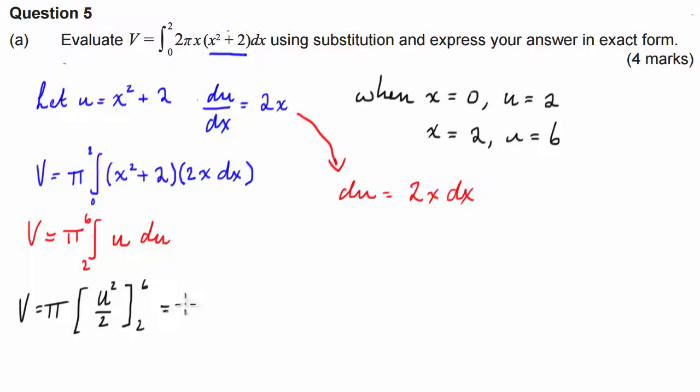That's equal to pi times 6 squared, which is 36 over 2, minus 2 squared, which is 4 over 2. That leaves us with 36 take 4 is 32, divided by 2 is 16. Because we're looking for the area under this function, we're going to write this as 16 pi